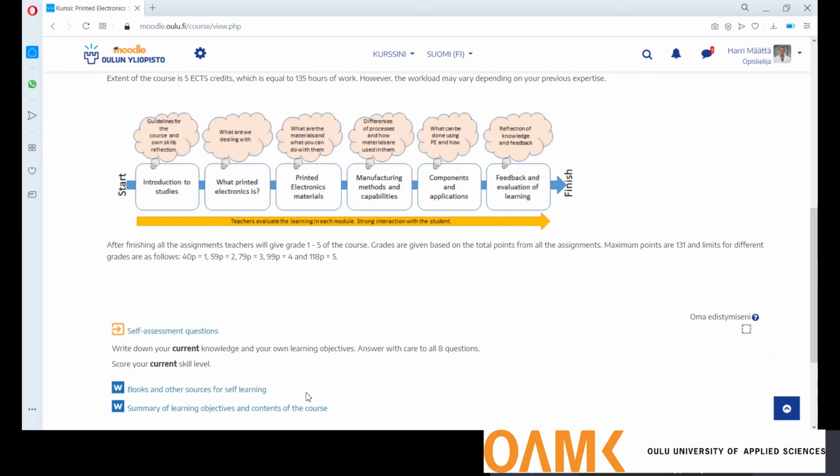The list is of course not like a full list. You can also search from internet library databases and stuff for information and books and sources. But anyway, just maybe a short list to start with, and where to find the information.